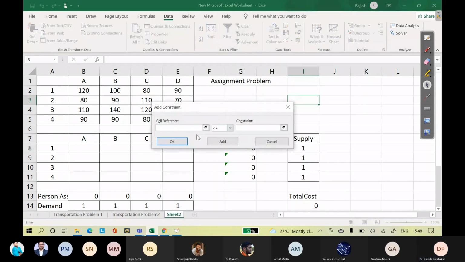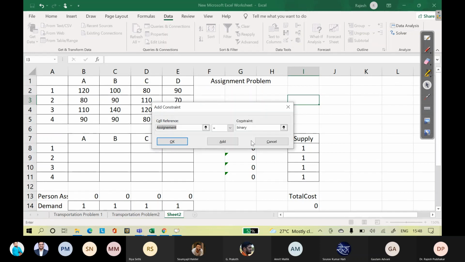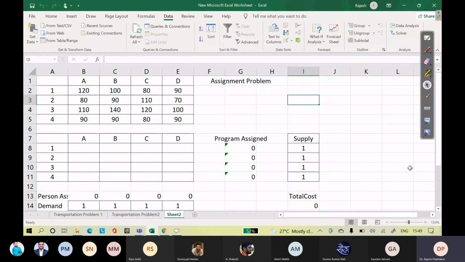Constraint: assignment is equal to binary. We have not defined binary, right? Where is binary?